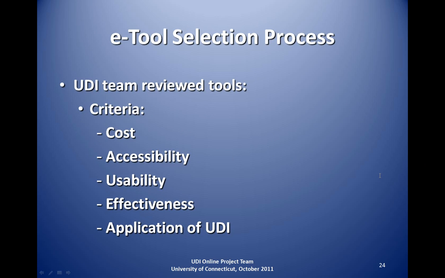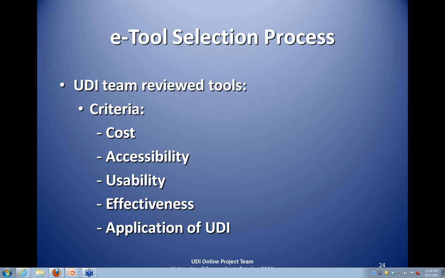Internally, our criteria for reviewing the tools consisted of these 5 areas. First was cost. We were looking for tools that were typically low or no cost, or coming in somewhere under $50. Although we do have to point out that when you look at the website, some of the tools will be over $100. Some of those tools are actually standard features of packages such as Microsoft Office or Adobe. And so if you have those packages on your computer, you'll have access to these tools at no cost.